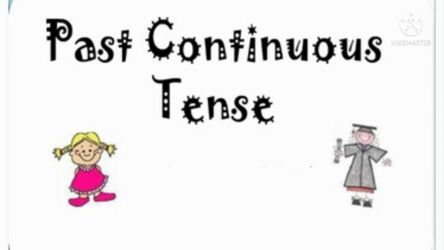In present continuous, we use is, am or are plus ing form. Here we use was or were plus ing. That is the continuous form of is, am or are. Okay, children, as we use in present tense, there are no changes depending on the persons, the first person, second person, third person. There is no change in the verb when we use different persons. The verb form is the same for all the persons in past tense. Okay, past continuous tense, we will see its structure.